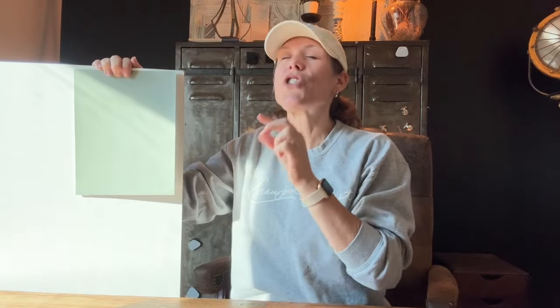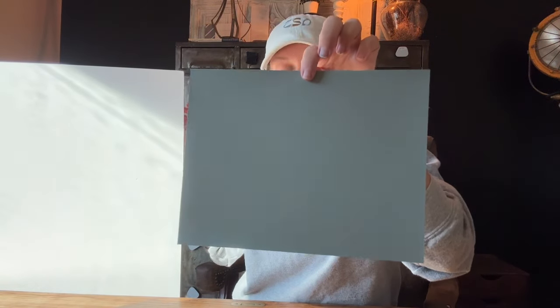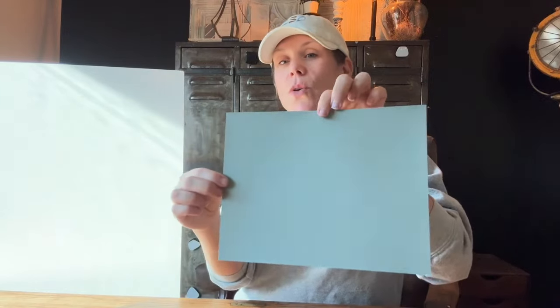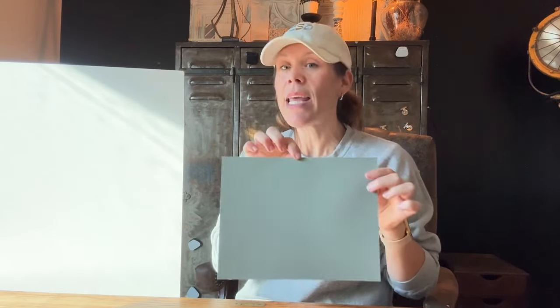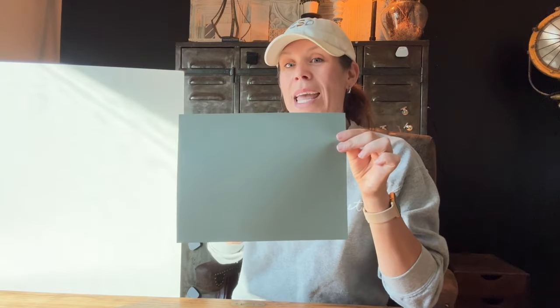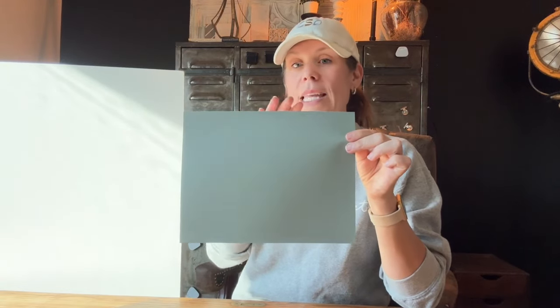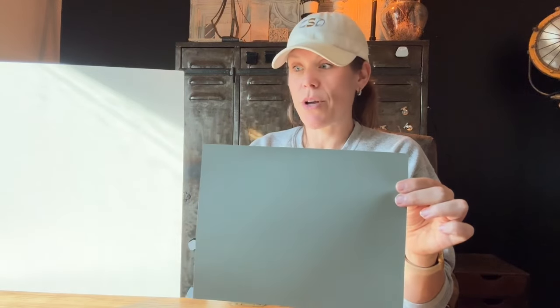And I'm going to bring it back out of this direct light. There is just a tiny bit of blue undertone even in this, so it's not a very gold green at all. It's not a yellow green, not anything like that. It is a gray green with even a little bit of blue undertone. So in a bathroom where it just feels like it needs something, even if you're like, look, I'm not throwing a bunch of textiles, I don't think I'm going to have a big rug or anything in there,